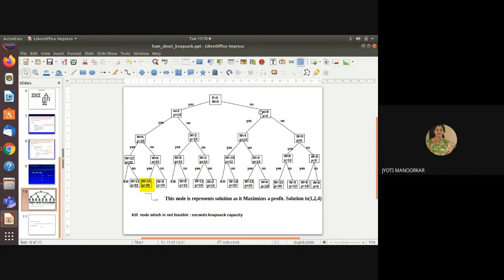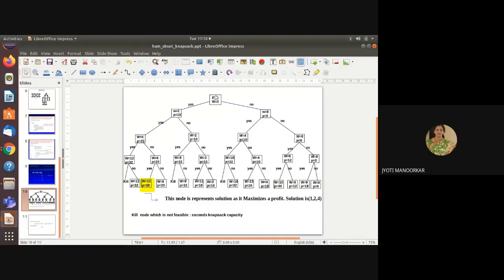The root level represents that no elements have been considered. The internal nodes at the first level represent that we are dealing with the first element. The second level deals with the first atom and second atom. The third level considers the first, second, and third atoms. The last level, the fourth level, considers the first, second, third, and fourth atoms. Likewise we are dealing with levels. So the root node is clear, where P is 0 and W is 0.